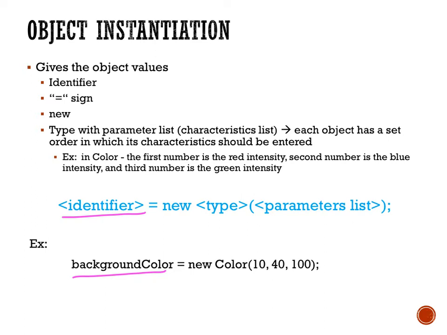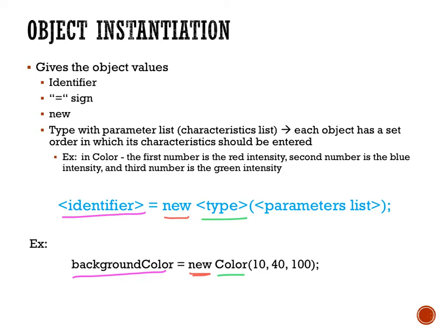So here you can see that instantiation looks a little bit different. First, what you'll notice is that it's not just set equal to one value because objects contain a characteristic list. So what you'll notice is that with every object that you create, you see this word new. So you're creating a new object of a specific type. And you'll notice this type is the same thing that we had in our declaration. So we're creating a color object, and then after that you'll notice that we have a list of characteristics that